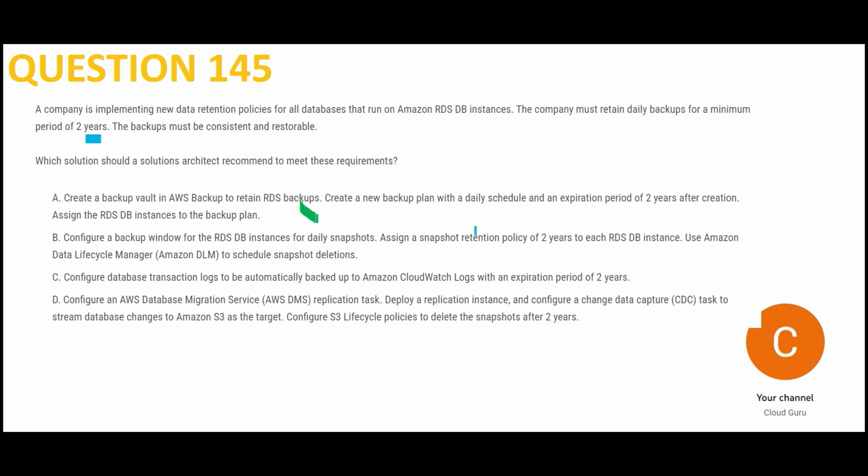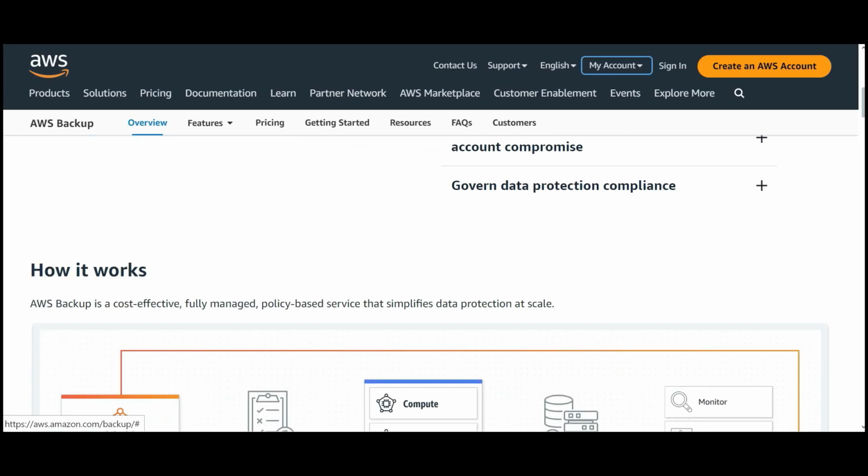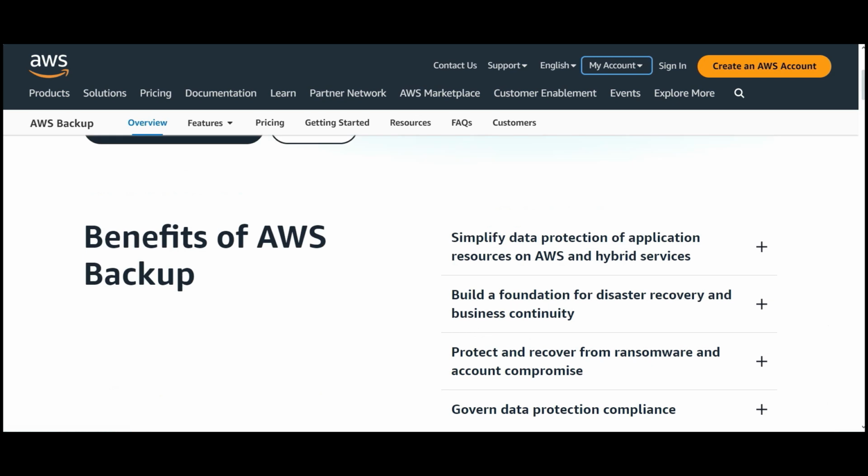So this would be our answer. We take the backup and we set the expiration to 2 years, because you have to retain the backup for 2 years. And since we want it to be consistent and restorable, AWS Backup is a good solution for us. Okay, these are the benefits.